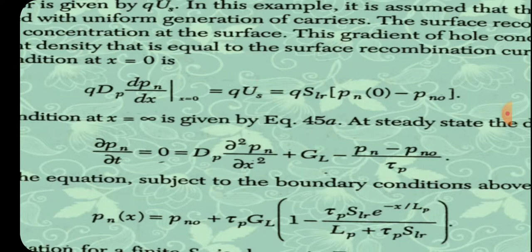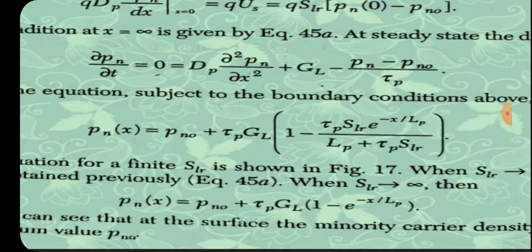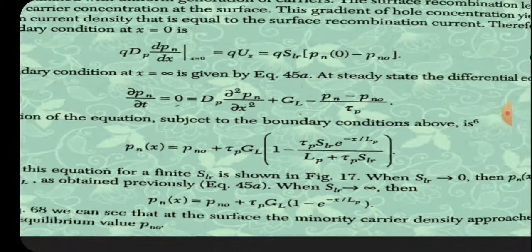The solution of the equation subject to the boundary condition then becomes Pn(x) equal to Pn0 plus τp GL in brackets 1 minus τp SLR e to the power minus x by Lp divided by (Lp plus τp SLR) bracket closed. So a plot of this equation for a finite SLR is given in the diagram which I have shown earlier,